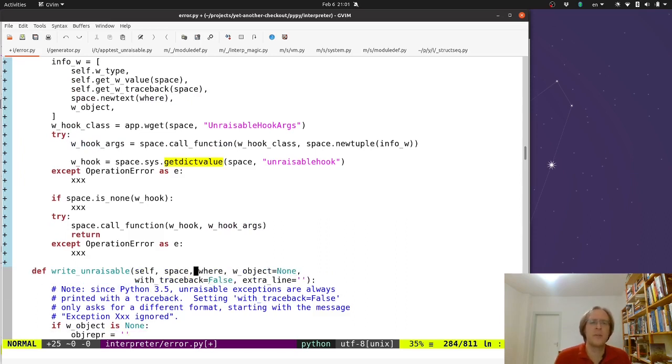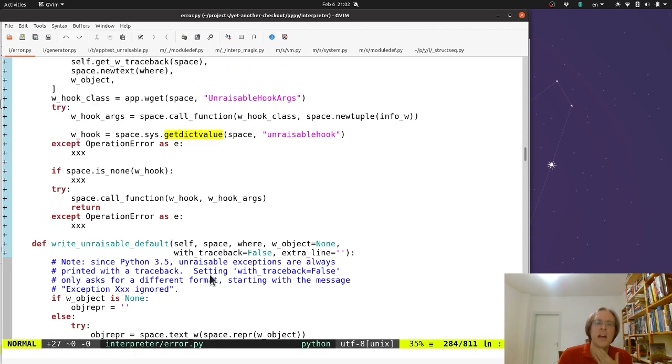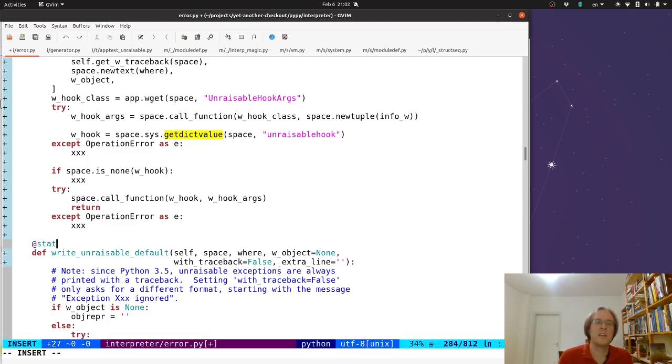No, it probably doesn't have the same signature. Maybe it's not a method. I think it's not a method because it really gets a type and a value. It doesn't really need an operation error. So I'll make it a static method,